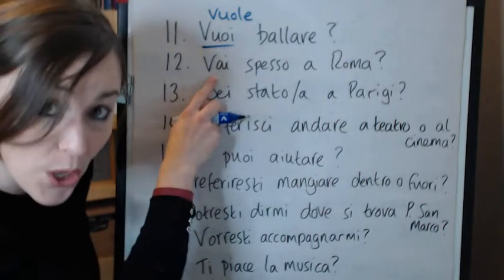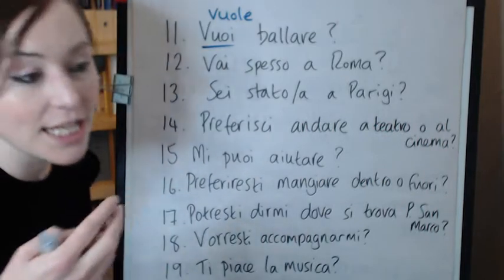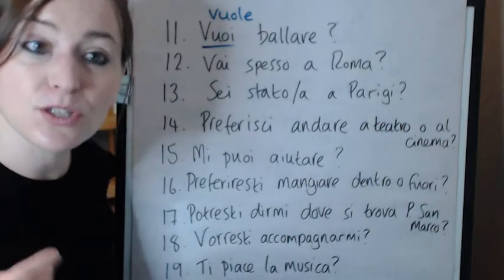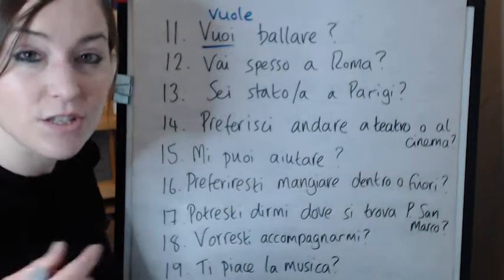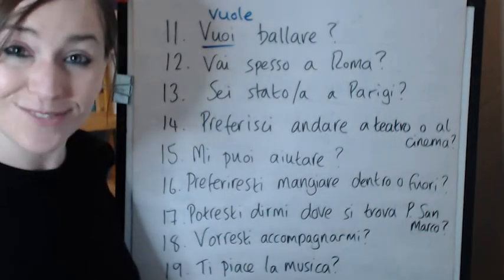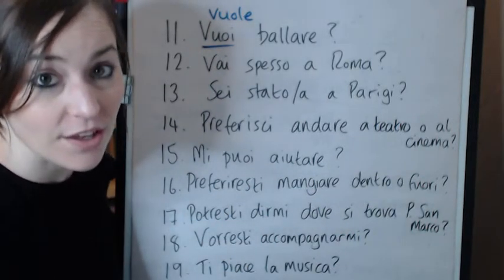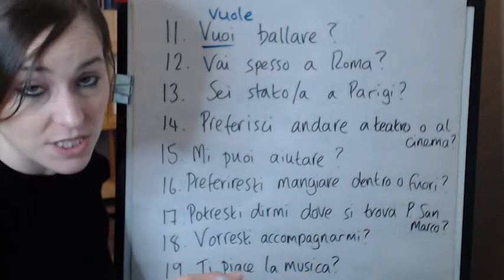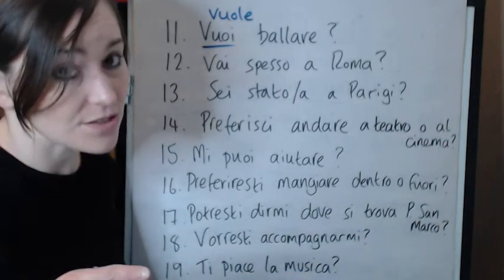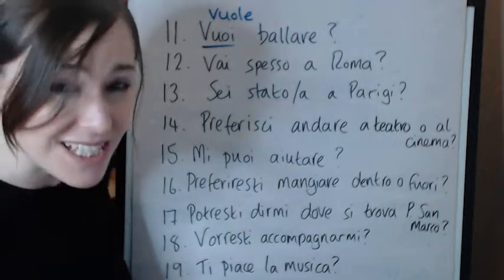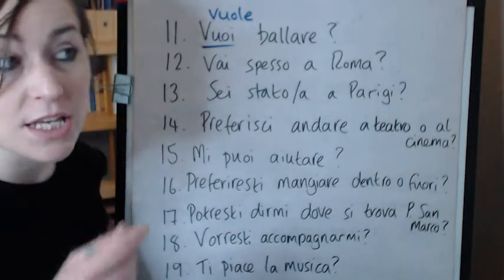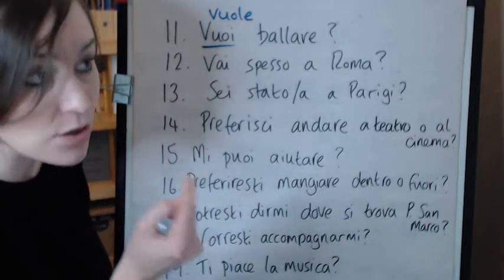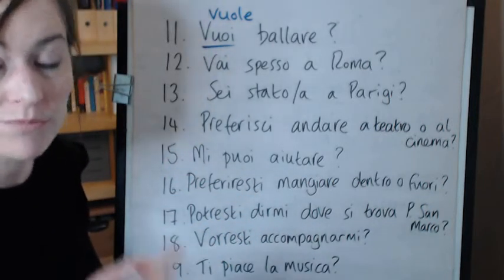Do you go? So in English, you say do you want, do you have, do you like, do you know. You use this do word, okay? And that's like a question marker. That tells the person you're speaking to, oh, this is probably a question. In Italian, you don't need that. You don't translate the word do. Do you want, do you like? You just say you like, you want, you have, you know.